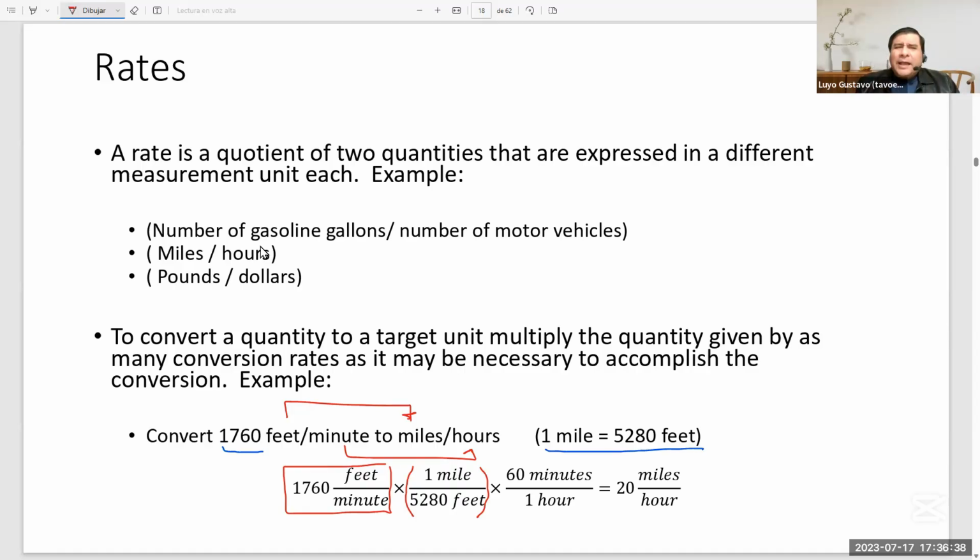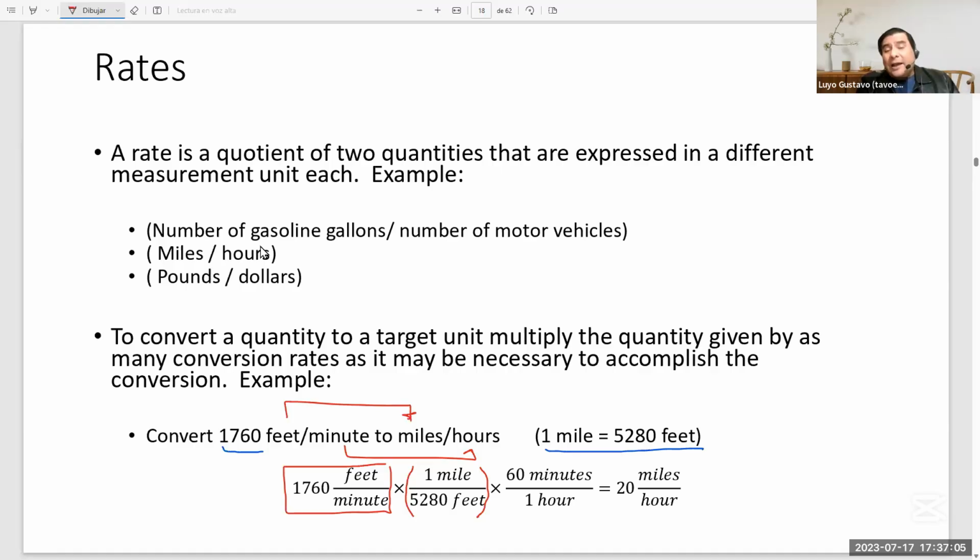Why do I multiply by the factor in this way? Notice that I placed the two terms of my rate, that is the numerator and denominator, which are in different units, strategically. What do I mean strategically? Notice that by placing the terms that are equivalent in this conversion factor, miles over feet, in this way,